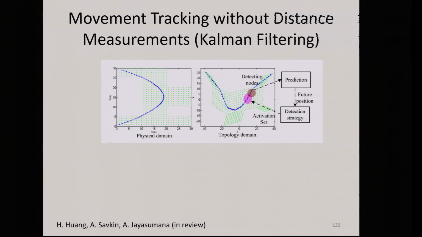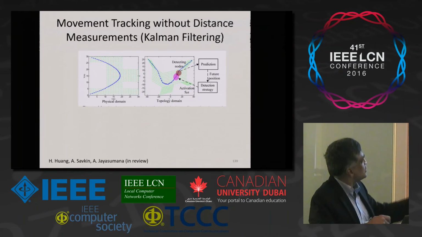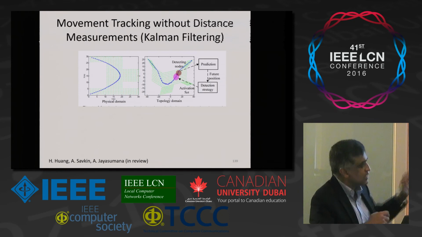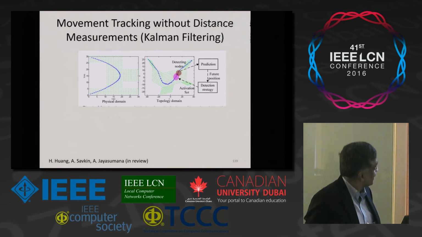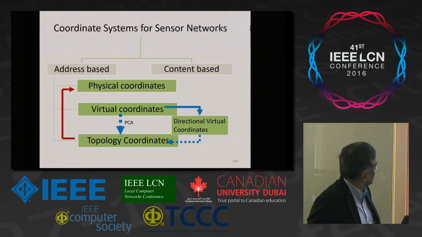Something is going at a constant velocity here. Here the map is compressed in some areas, expanded in some areas. What happens? It's like the velocity is changing, right? But if you are operating in that coordinate space, instead of just using constant velocity, you include an acceleration that estimates that, you can still track these things. Right? So this is again ongoing work. So there's quite a lot of work going on there.